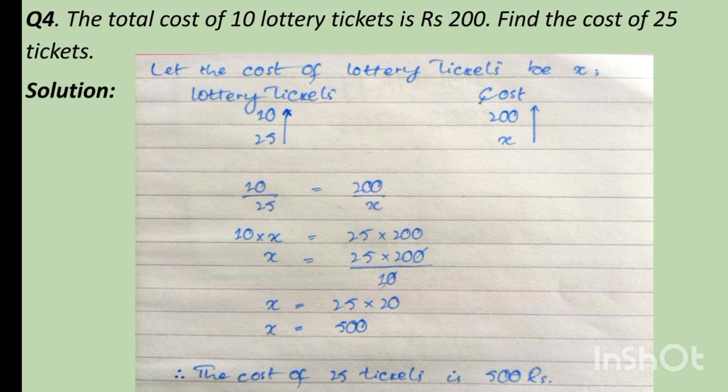Now 10 multiplied by x is equal to 25 multiplied by 200, and we need to find the value of x now. So 10 is being multiplied by x on the left hand side. Shift this towards the right hand side. Then zeros are cancelled and we have written 25 into 20. We have got 25 into 20, which is equal to 500. Therefore the cost of 25 tickets is